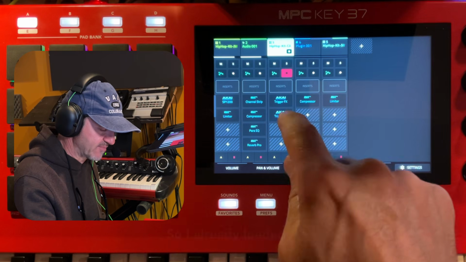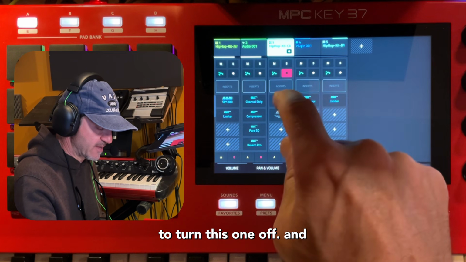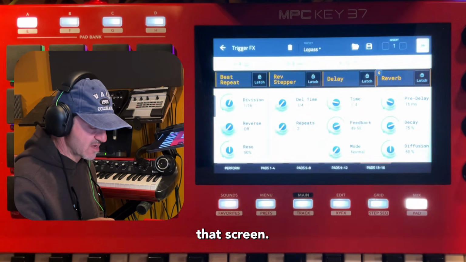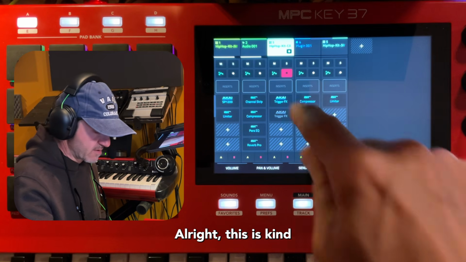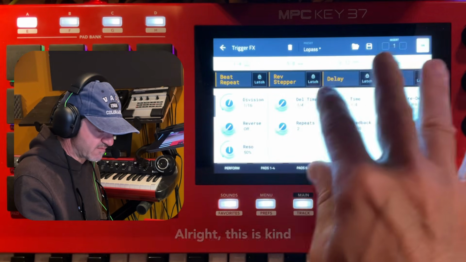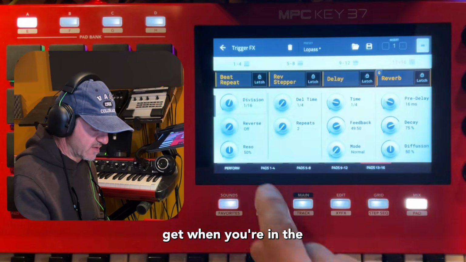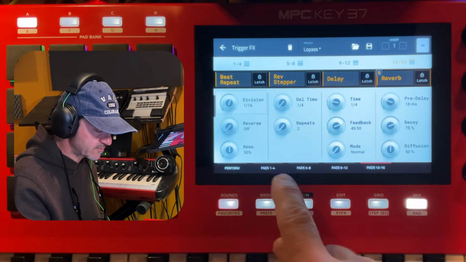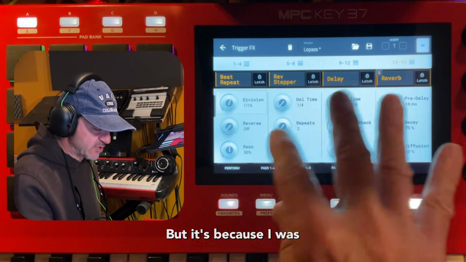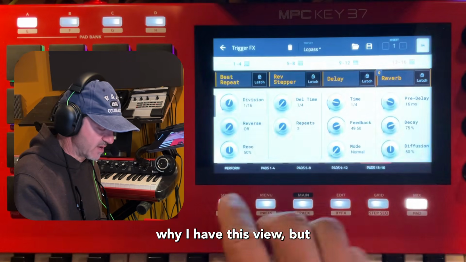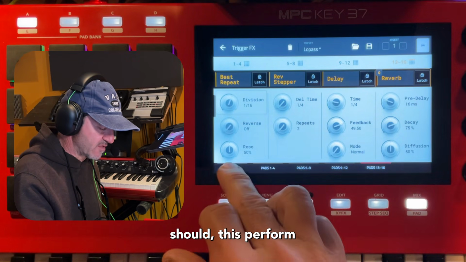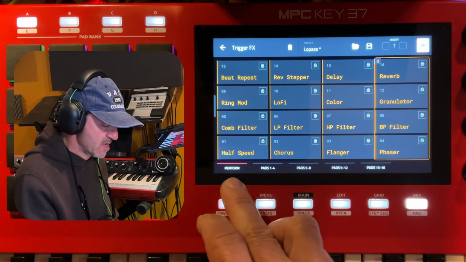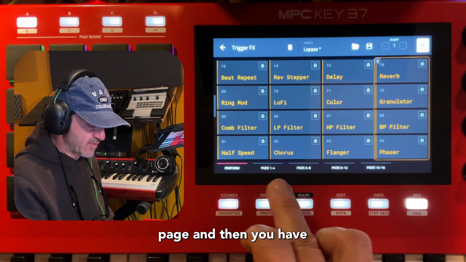I already loaded it up, so I'm just going to turn this one off. To visualize what it looks like, you just hit that screen. This is the view that you'll get when you're in the settings of the various effects that you have here across the top. It's because I was using it earlier that I have this view, but by default the perform page should usually be selected. So you have a perform page, and then you have